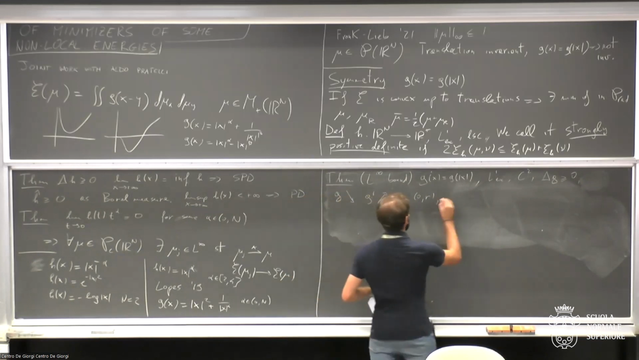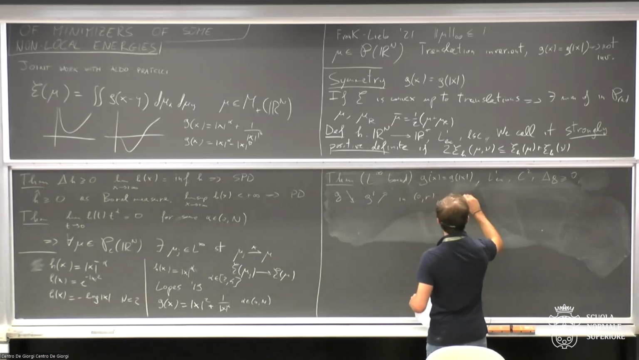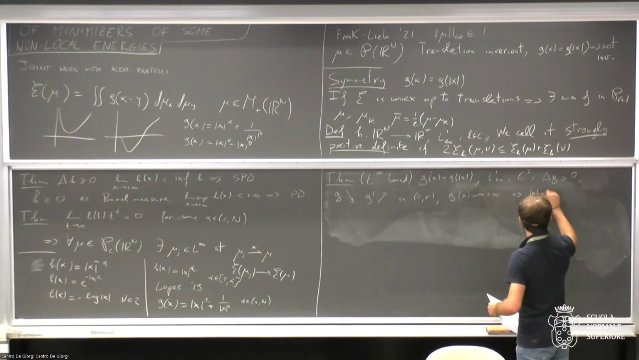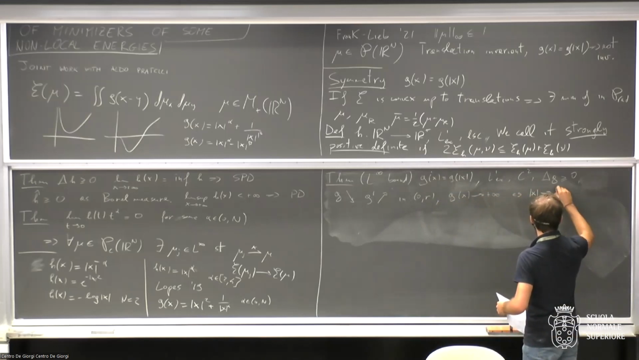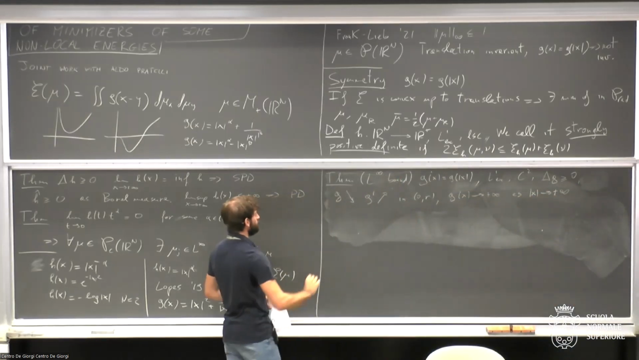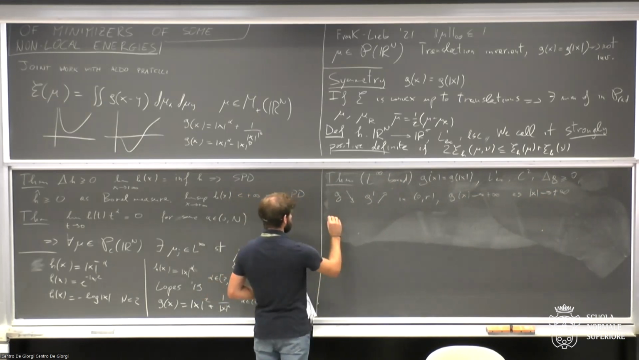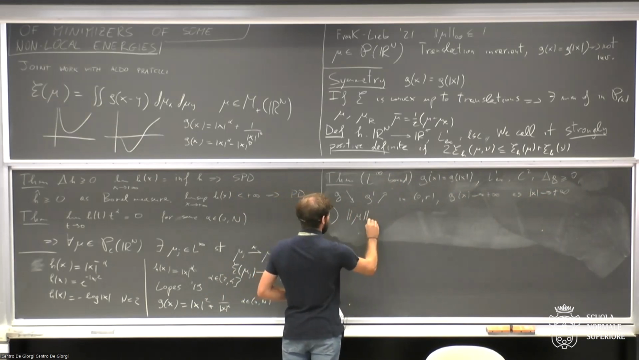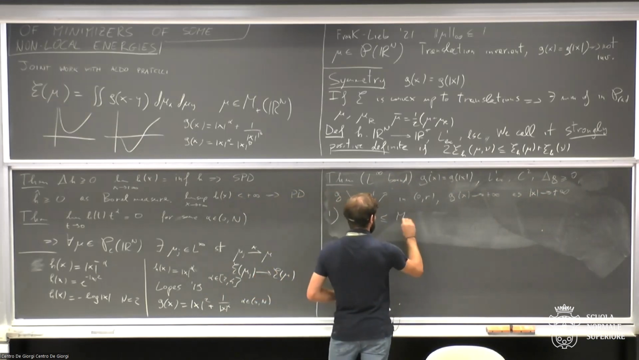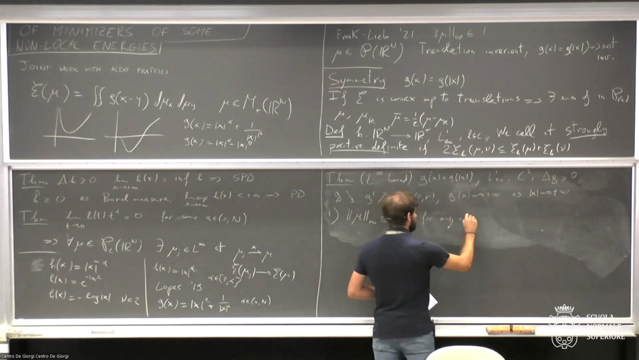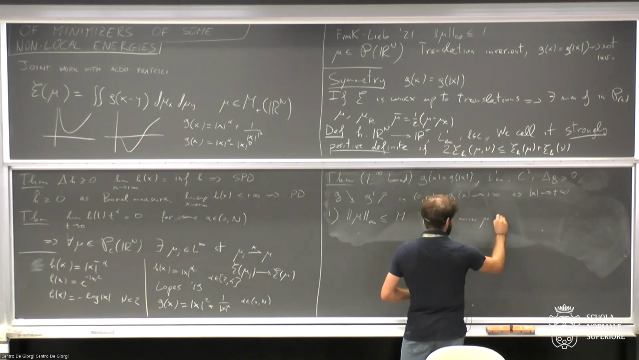Plus, if you want, G of x goes to plus infinity as the modulus of x goes to plus infinity. This is the starting point. Then what can you say? You can say that you have an L infinity bound for any minimizer of E